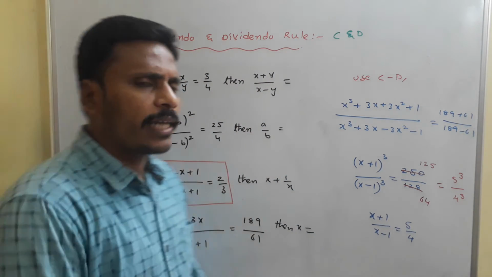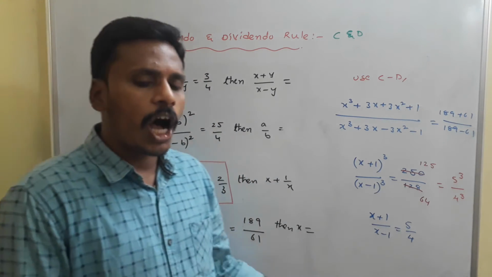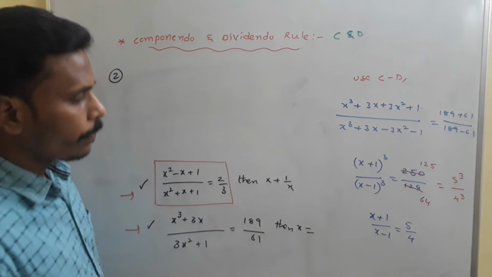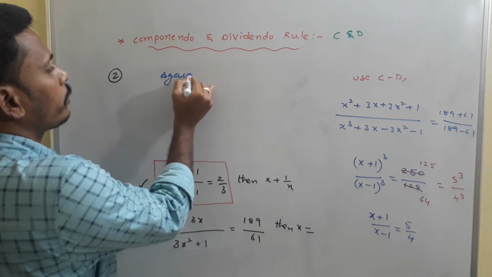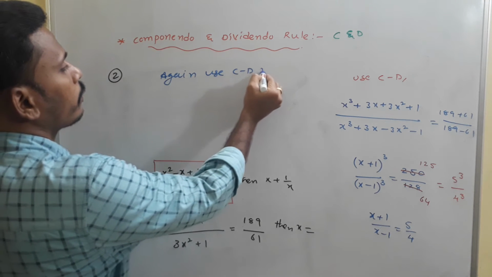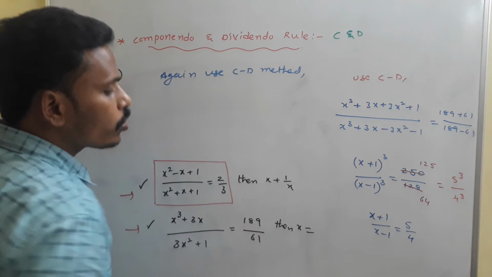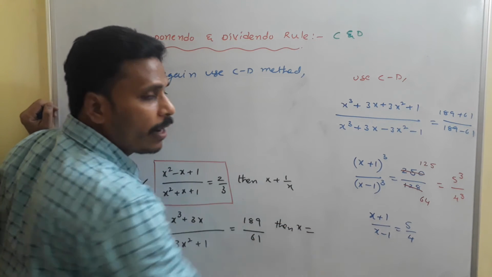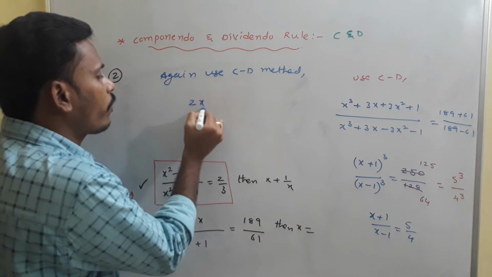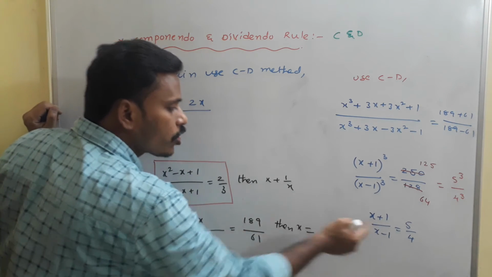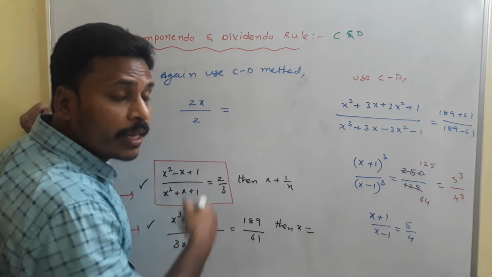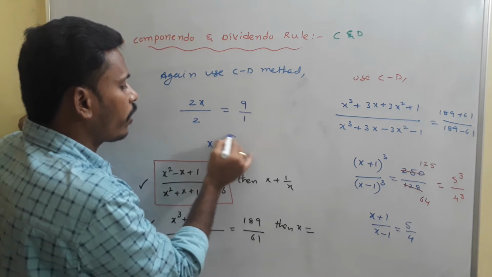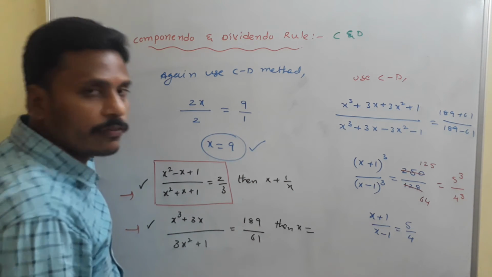See, again we have two options, either use the cross multiplication method or use the CD method. Our target is to find the x value, right? So I am using this space. Again use the CD method. If you again use the CD method, numerator plus denominator, 1 and 1 get cancelled, you will be left with 2x. Numerator minus denominator, x gets cancelled, you will be left with 2. On the right side, numerator plus denominator, numerator minus denominator, and on simplification, the x value is 9. There ends the fourth problem.